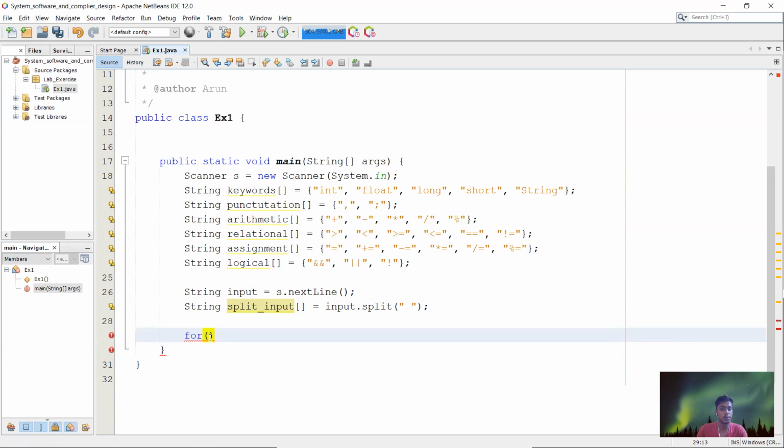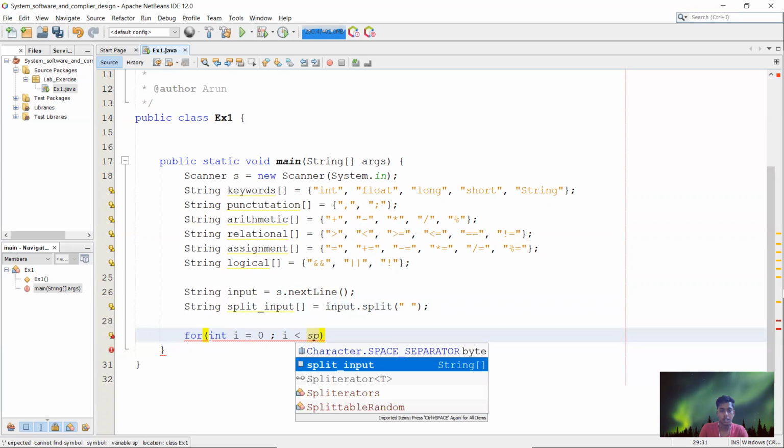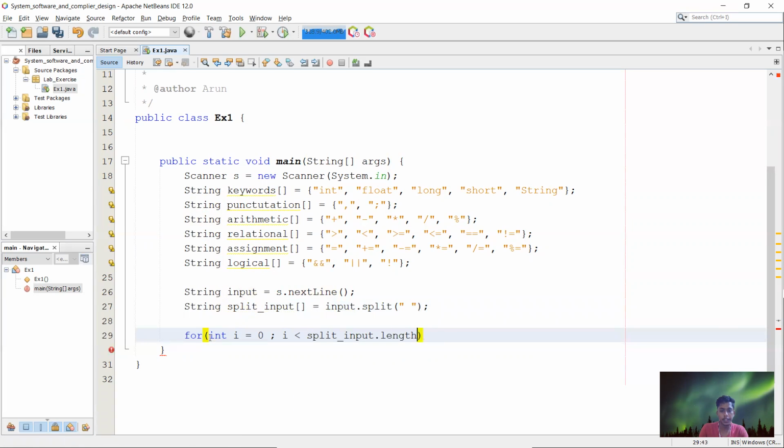So according to the split input we need to design the for loop. If I take int i equal to 0, then i less than split input dot length, and after that i plus plus.